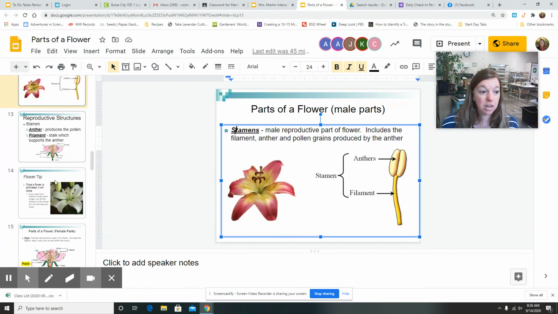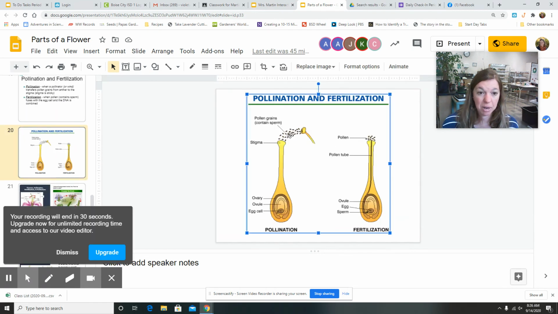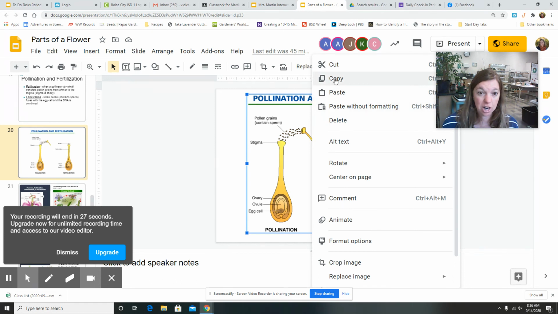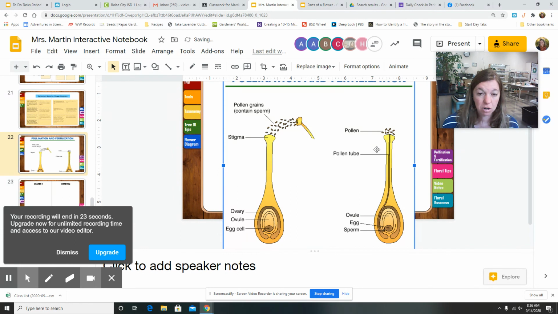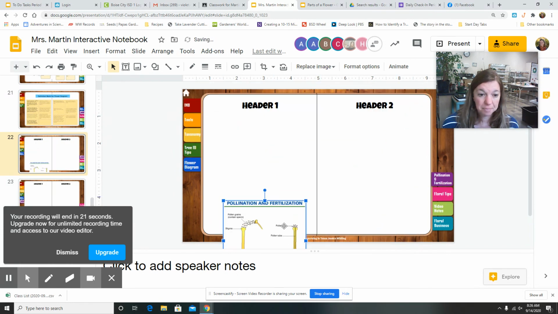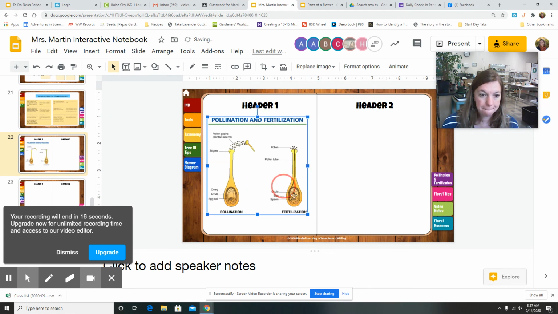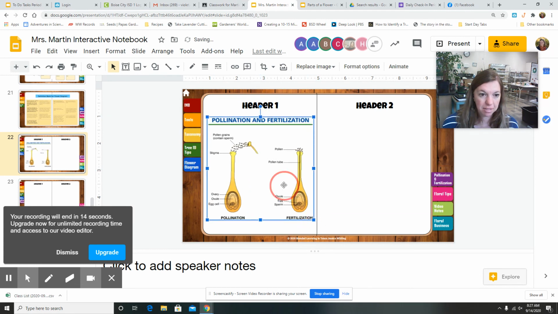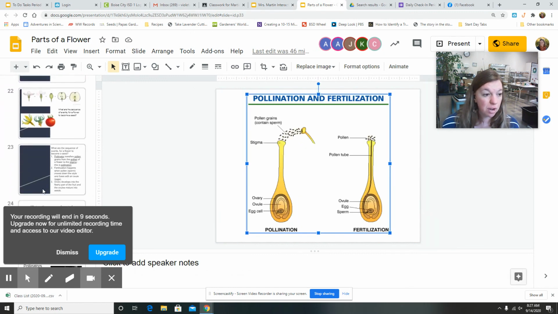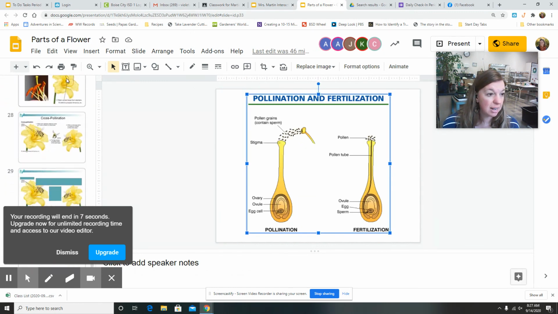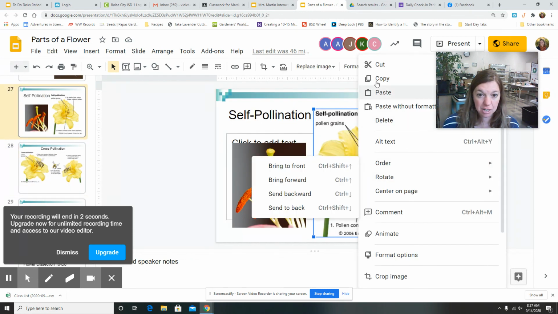okay? And then you're going to find in the parts of the flower on slide 20, it has a picture of pollination fertilization. You're going to copy it and paste it into your notebook on the left-hand side. Make it as big as you can and still fit there so you can read everything, okay? And then on the right-hand side, I want you to find on slide 27 and 28, self-pollination, copy,